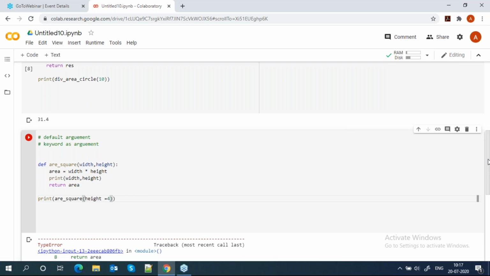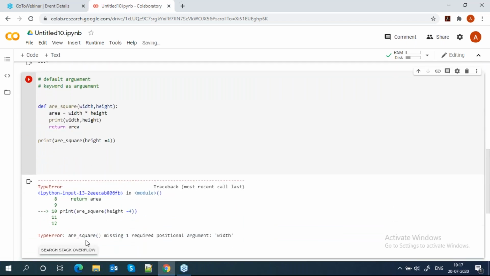It will give you the error: missing one required positional argument. When your function has two arguments, at the time of calling you must pass two arguments, otherwise it will give the error, missing one required positional argument.